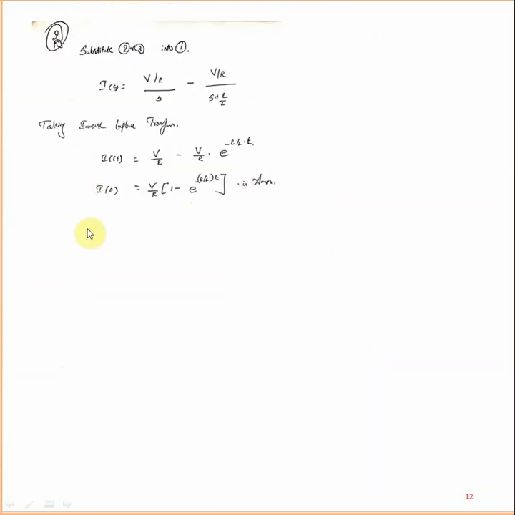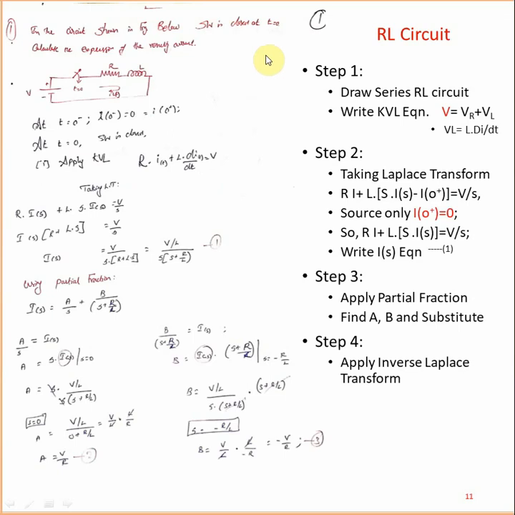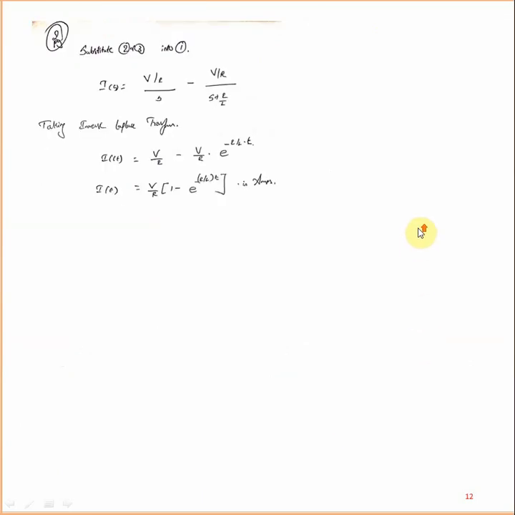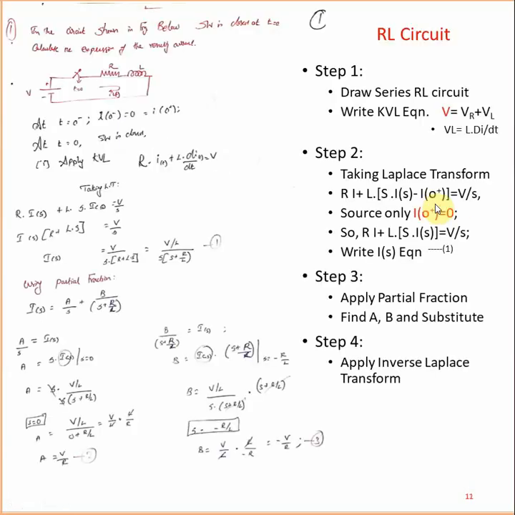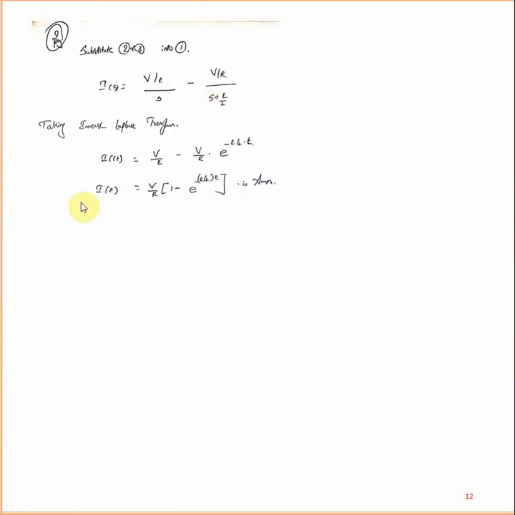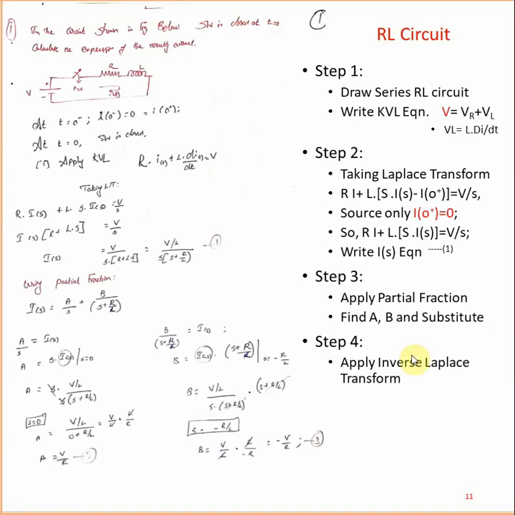This I of t is similar to the transient response I of t. The problem also can be solved by the same 4 step method. So for the transient response or Laplace transform method, the I of t answer is common. Similarly, solving the problem, the answer is also common. Okay, only one. So there are 4 different steps.